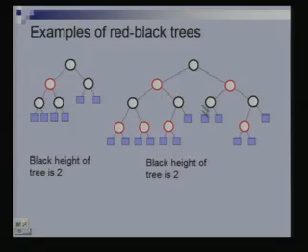Clear? So, what are the key things we have to ensure? First, that no red node has a red child. Second, the root is black. Third, the black height of every external node is the same. Black height or depth, I sometimes use the term depth to say how far it is from the top. So, the black depth of every external node is the same. The black depth, that is what we will call the black height of the tree. Okay, depth of a node and height of the tree.